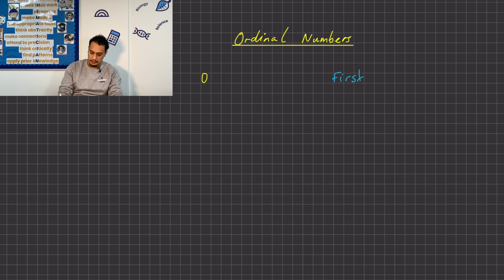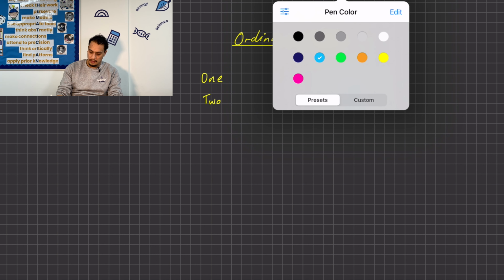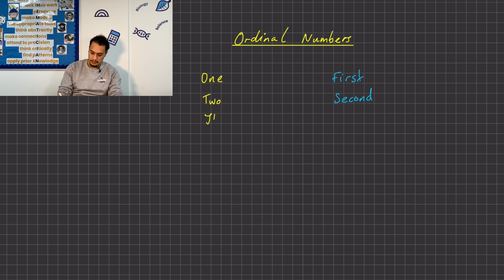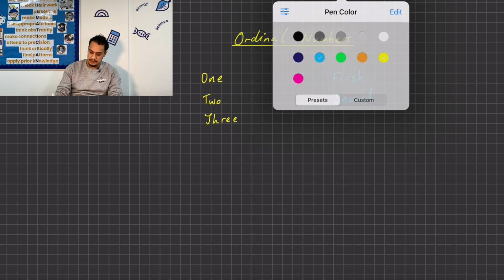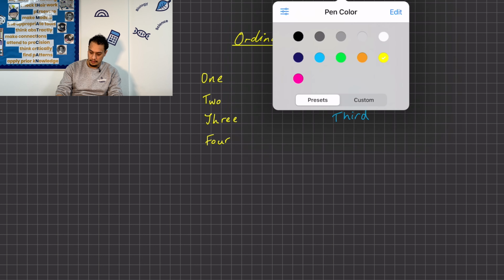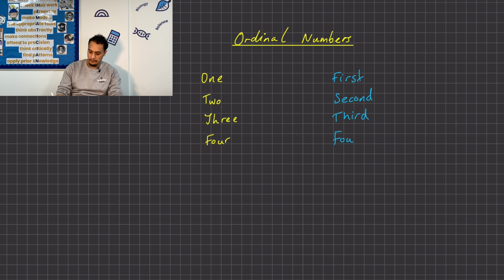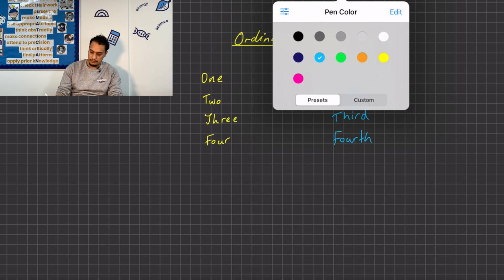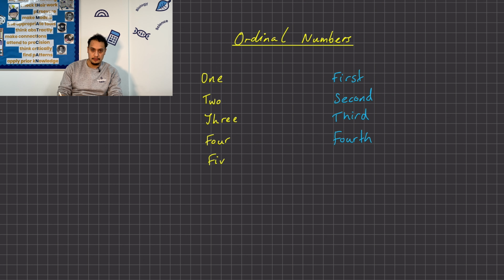So 1 becomes first, 2 becomes, change the color, second, 3 becomes third, 4 becomes fourth, 5 becomes fifth,